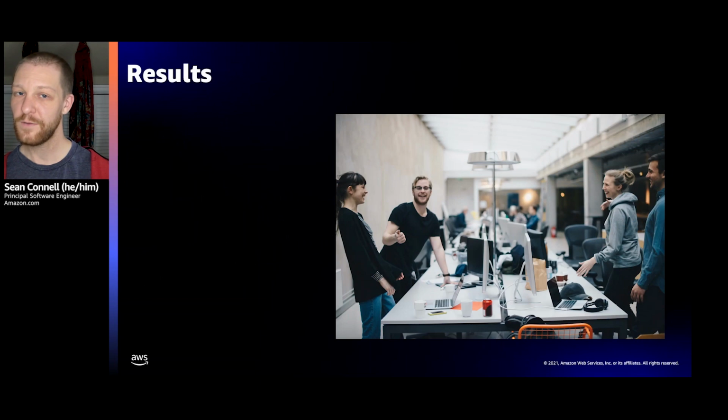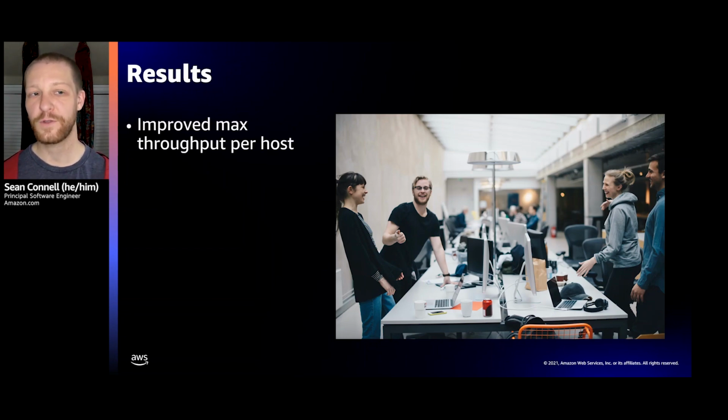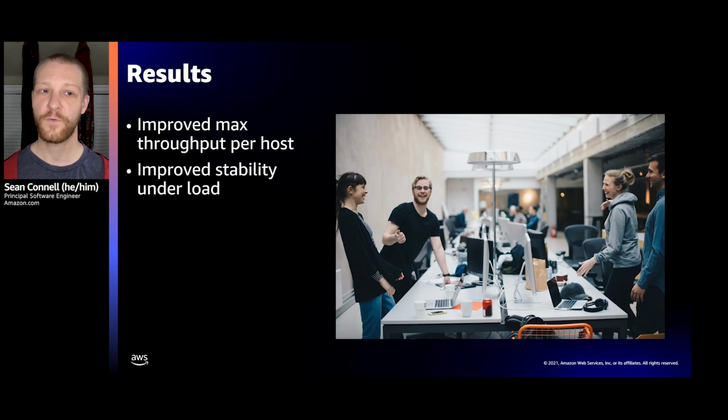So we got some money, we saved it, right? Now, what are the actual results? I kind of skipped over that earlier, so I'm going to mention some numbers, but mostly just generalities. The first thing, improved max throughput per host. This is almost certainly largely in part to the non-SMT or non-hyperthreading features. The physical cores really help us under load to continue delivering results consistently without a lot of performance degradation.